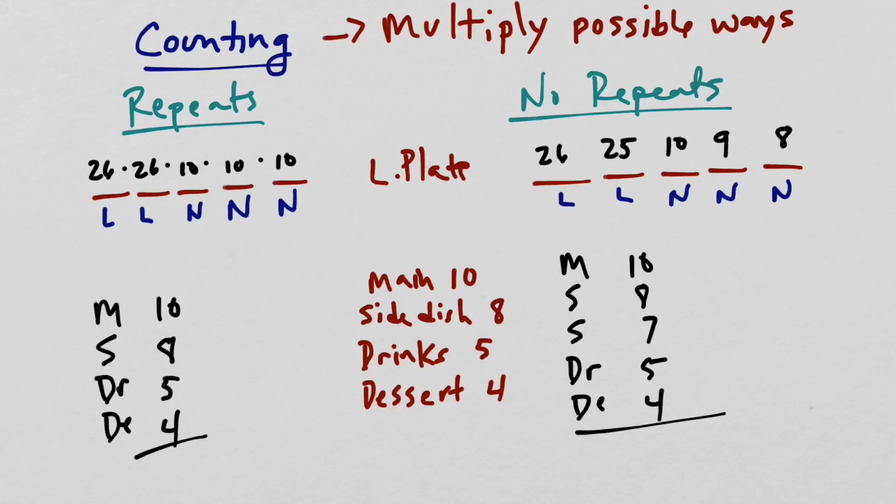Right? A phone number has the 3 numbers of the area code, and then you have your 3 numbers of your local code, and then you have your 4 digits at the end that assigns your phone number to you. So if you know that your phone number is going to be 330, you take those 3 away, and now we're focusing on the last 7 numbers that you could possibly have. And it would be a 10 and a 10 and a 10 and a 10 and a 10 and a 10. Right, so if you just wanted to know how many phone numbers are possible in the United States,